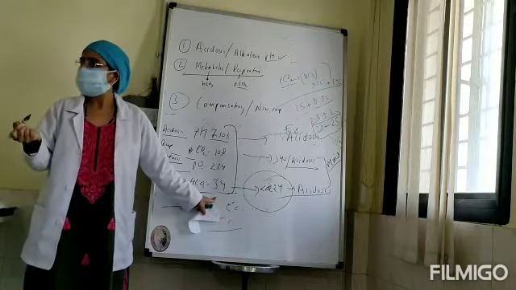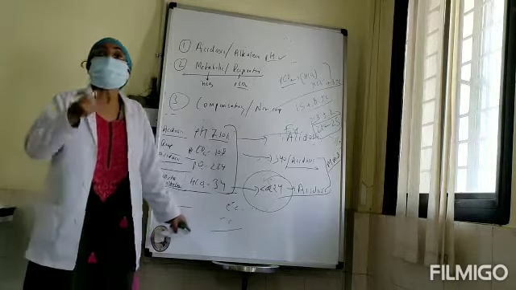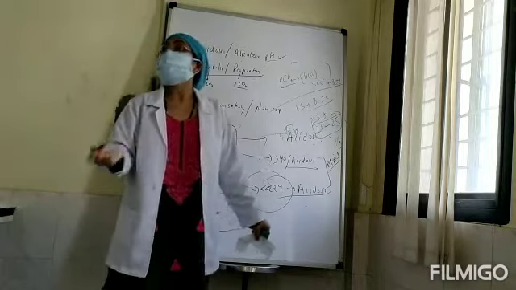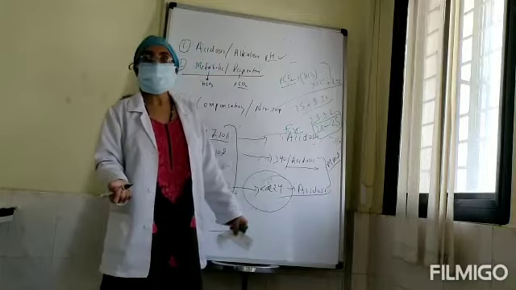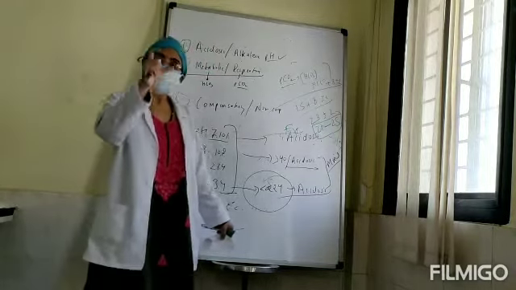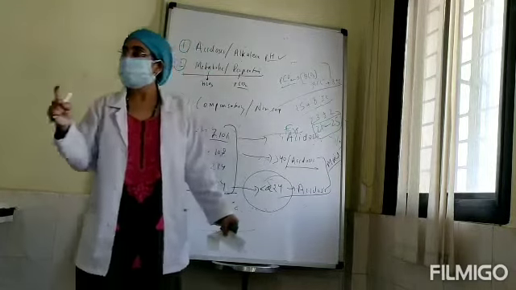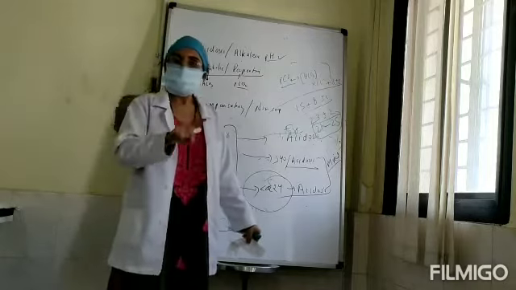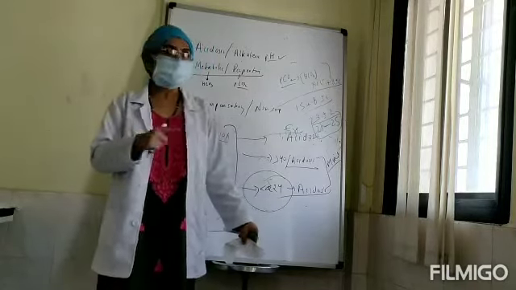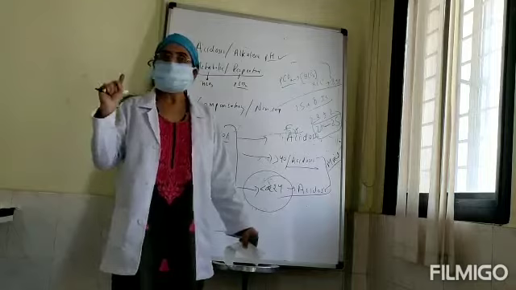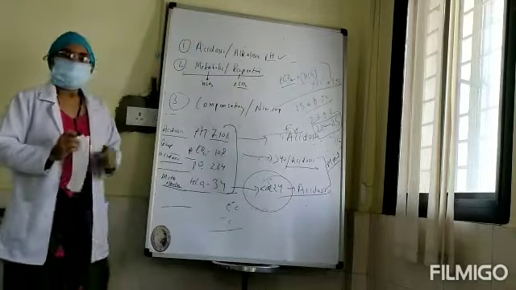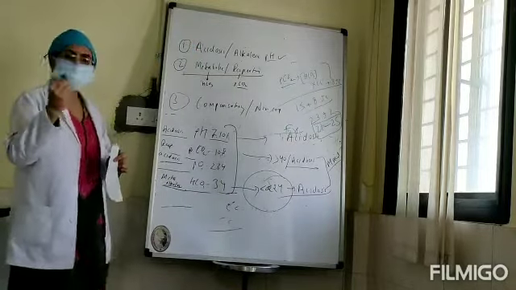At least slight compensation. The child is slightly compensating, which again tells me that the kidney is okay. The kidney is working well. So another important point in ABG is that we know whether the kidney is working or not. When the compensation is happening, the kidney is working. When the compensation is not happening, the kidney is not working. This is not always true, but just for an idea.